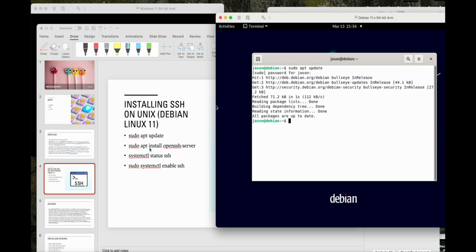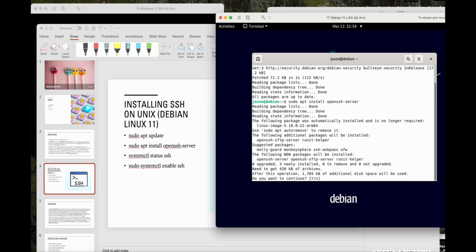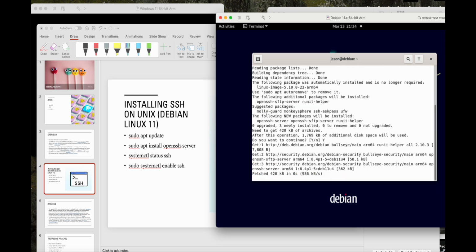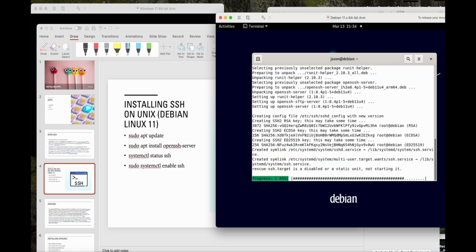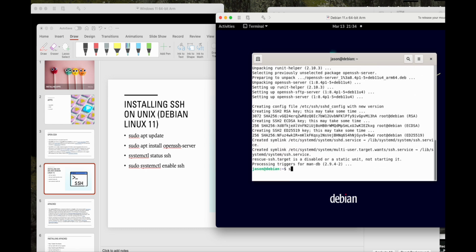And now we can install OpenSSH server: sudo apt install openssh-server, and press enter. We type in Y for yes, and it's installing everything that we need. And we can do sudo systemctl enable,